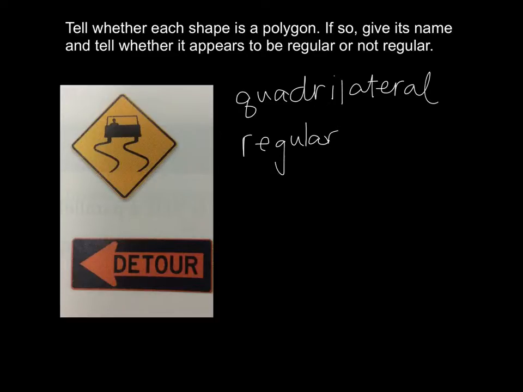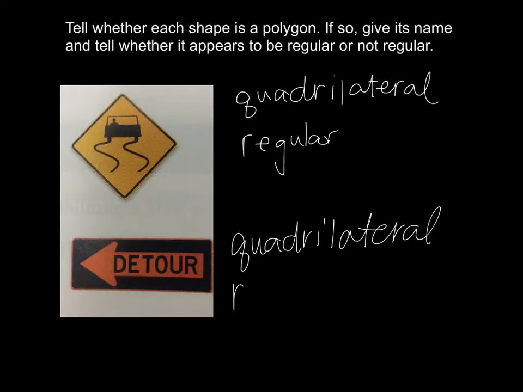And that is our definition. It has to have congruent sides and congruent angles. Does appear to be regular. And then we have our other shape down here. This is also a quadrilateral. So we're going to define it by its name: quadrilateral, triangle, pentagon, hexagon, heptagon, octagon. I know we've learned about classifying quadrilaterals further, but for today we're just classifying them as a polygon, so we call them quadrilaterals. And this one is not regular